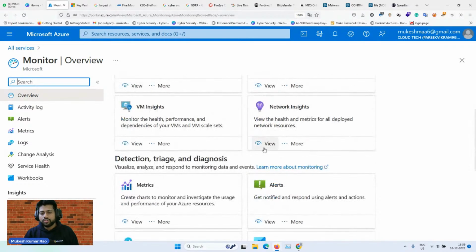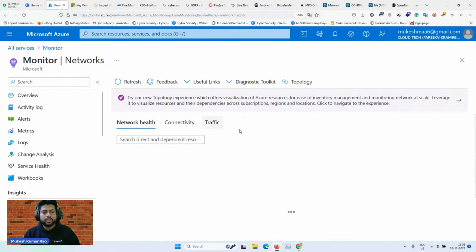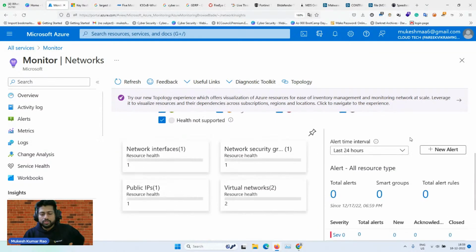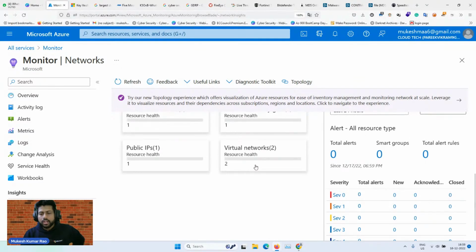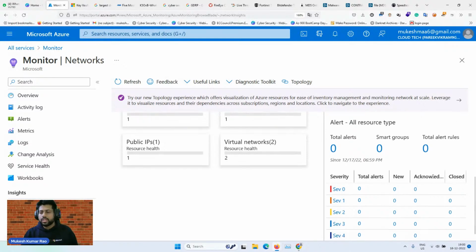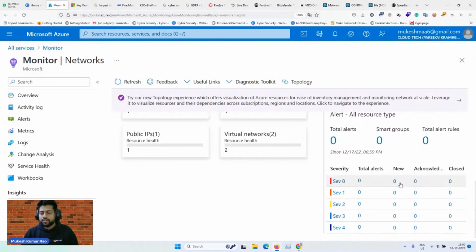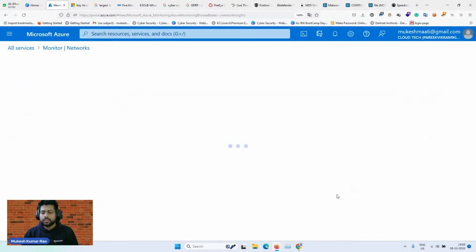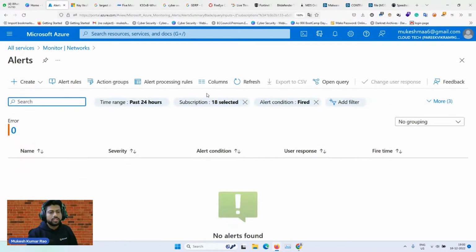So if you go to network insights, I think yeah, the network is also running now. There you can see we have one public IP, we have one security group, and two virtual networks because we are running two resources. One is the app service, and the second is a virtual machine. So there you can see the details something like this. We have server one, server two, and there is no alert because it is running properly. We didn't get any kind of troubleshooting yesterday, so you can just click on any one server. It will give a little more in-depth analysis of the part. So you can see there is no error.